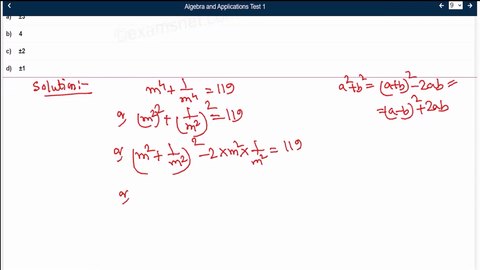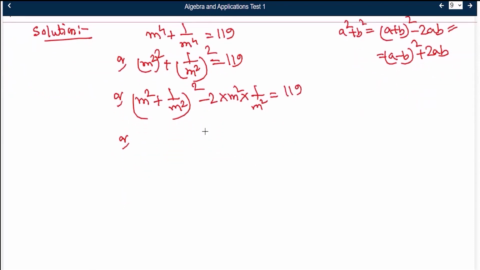In the next line, we can write m square plus 1 by m square whole square, both m squares got cancelled, and if I bring that minus 2 to the other side, plus 2, it becomes